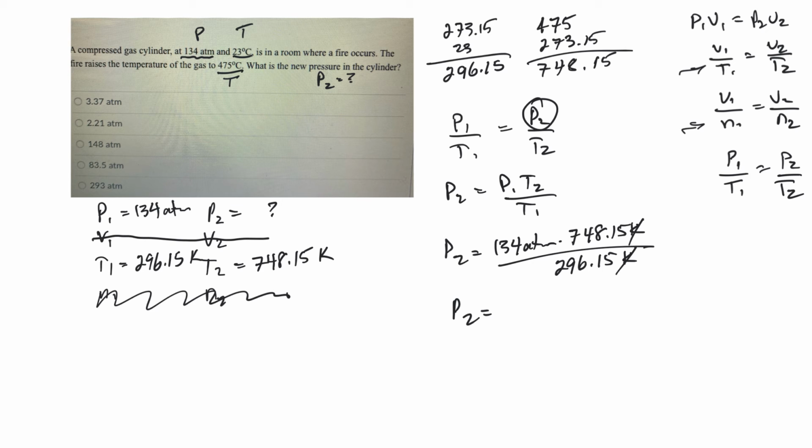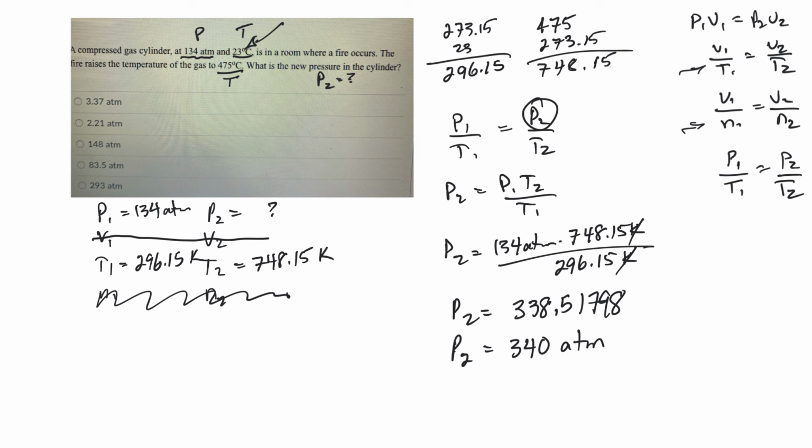So 134 times 748.15 divided by 296.15. And I'm getting second pressure 338.51798. Looks like I only have 2 sig figs there, so I could go to 2 sig figs. So I'd call that 340